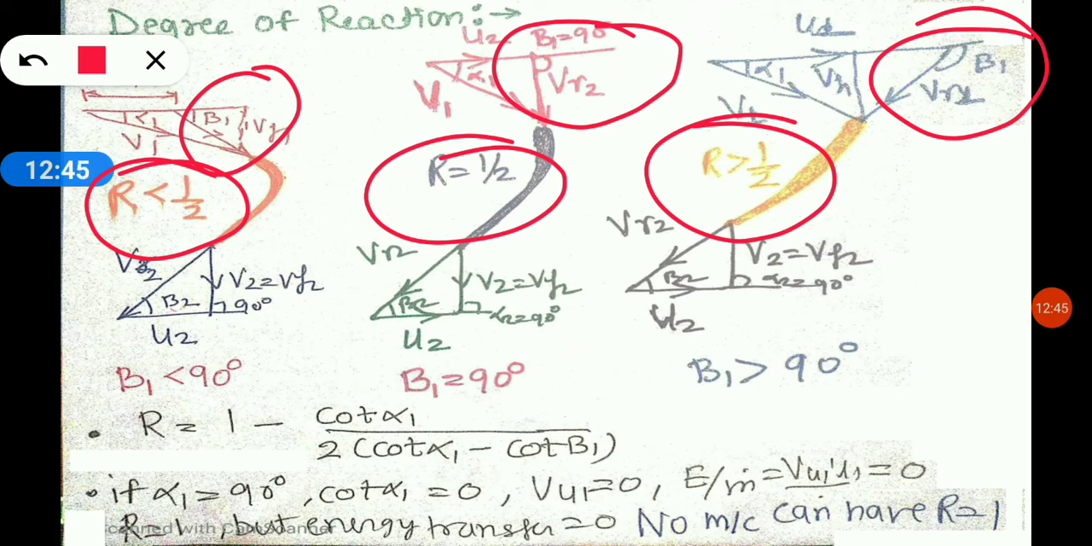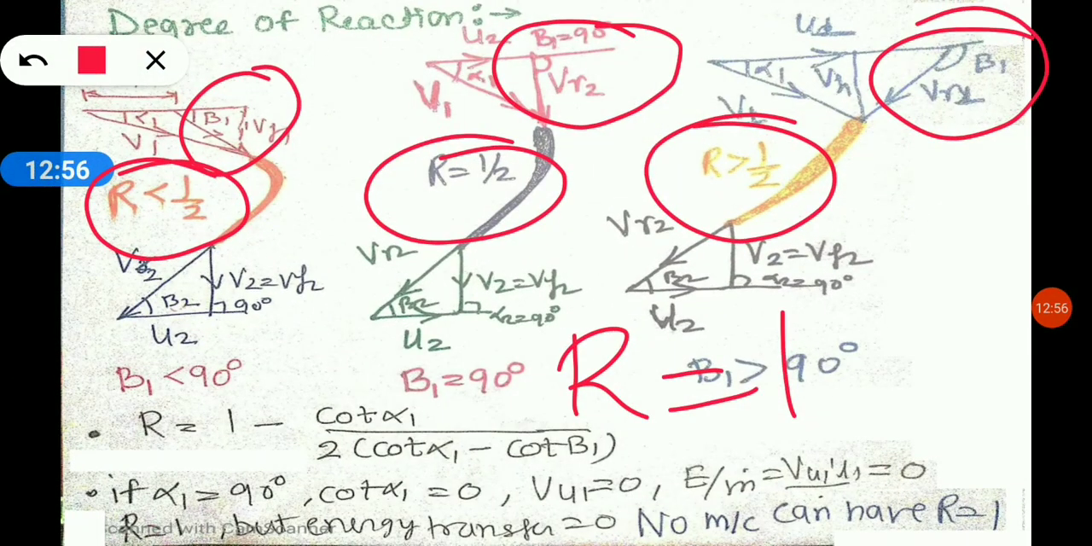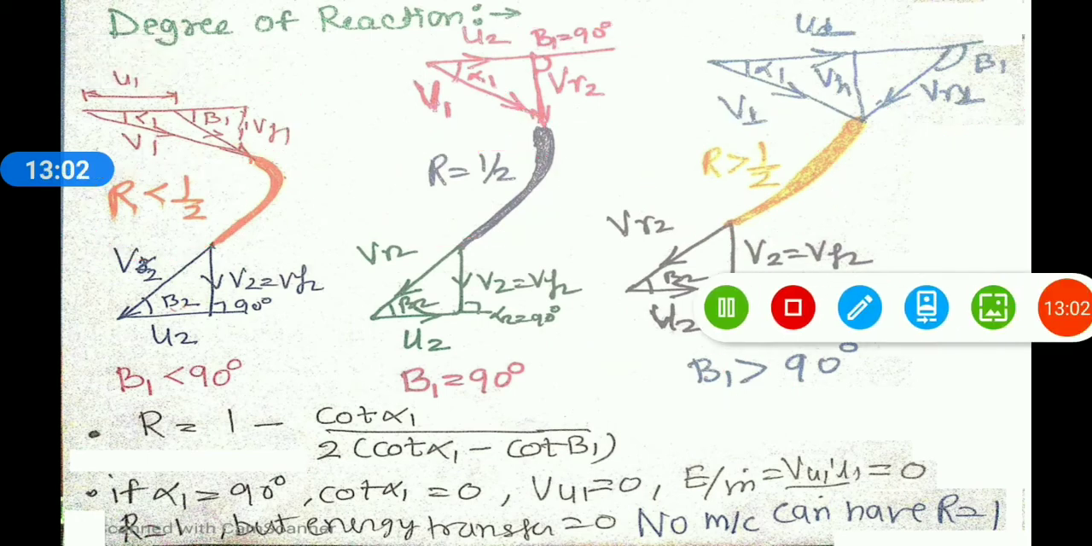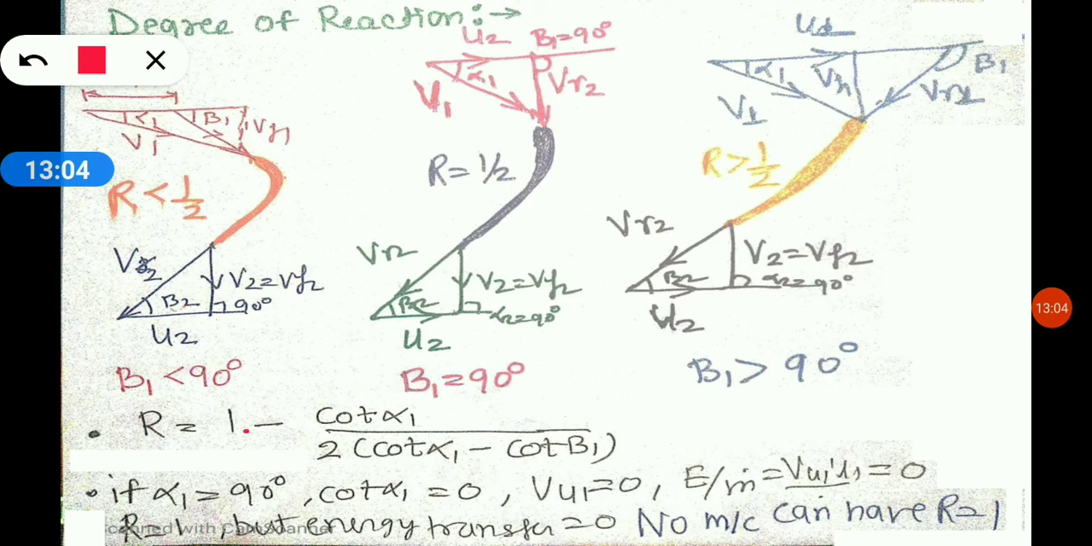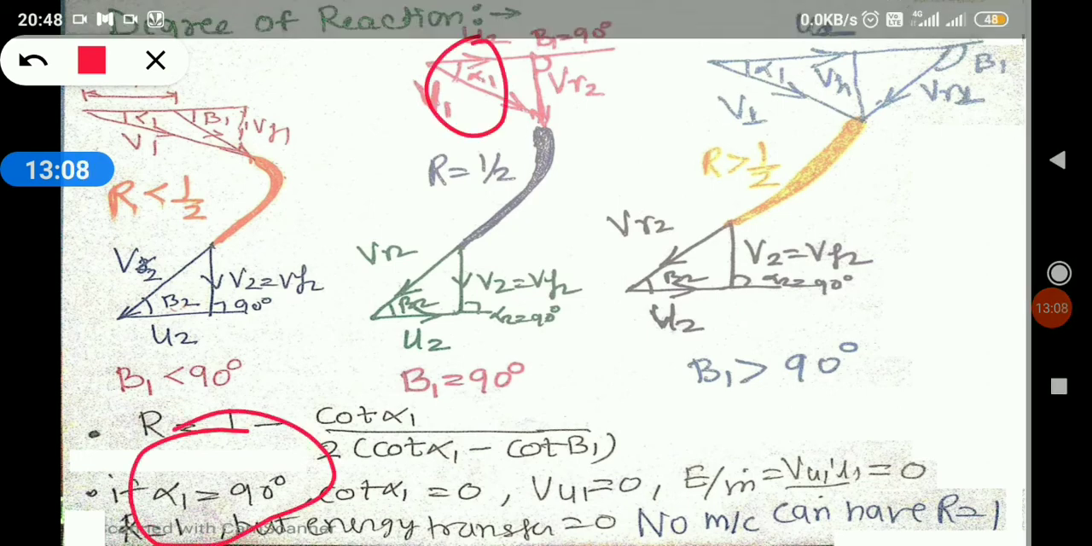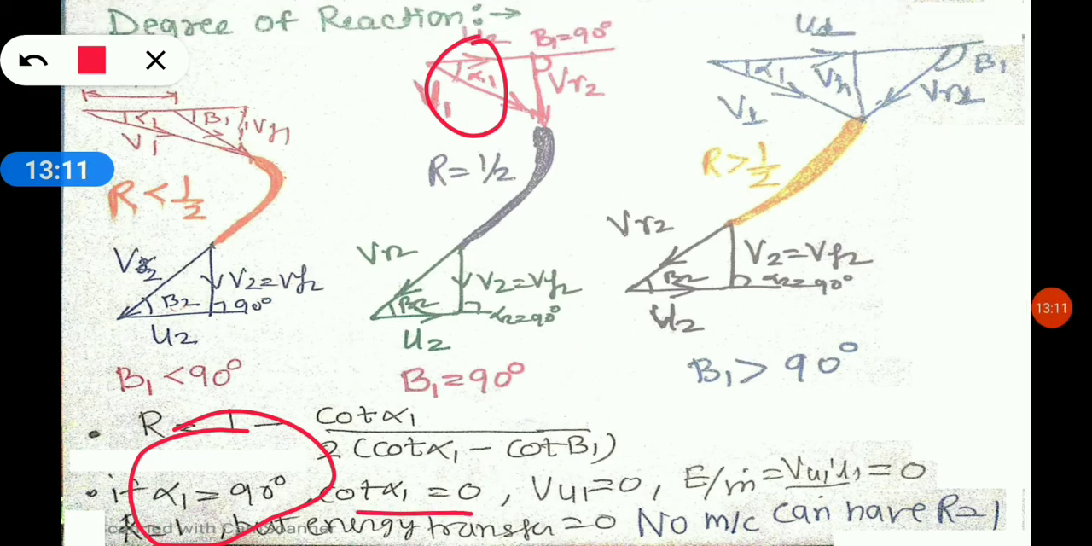What is our degree of reaction? Another important thing: degree of reaction cannot be equal to 1. That means you cannot have a turbine which has 100% reaction force. It would always have some amount of impulse force. You can have 100% reaction in the case of alpha 1 equal to 90 degree. If alpha 1 becomes 90 degree, then cot alpha 1 is 0, and that would give you